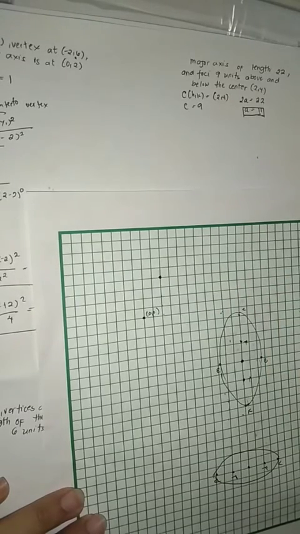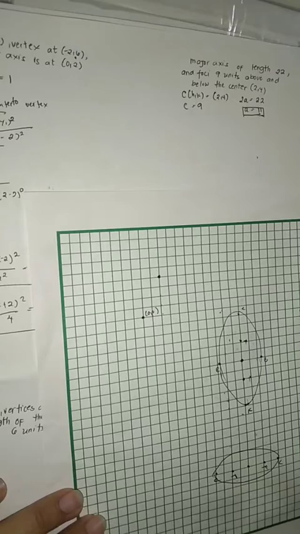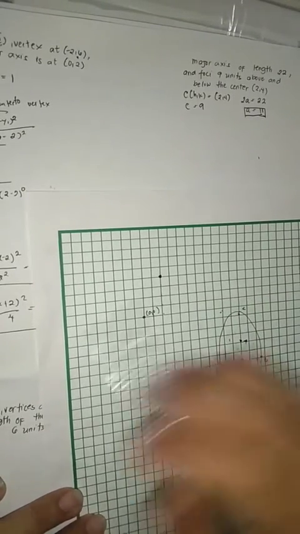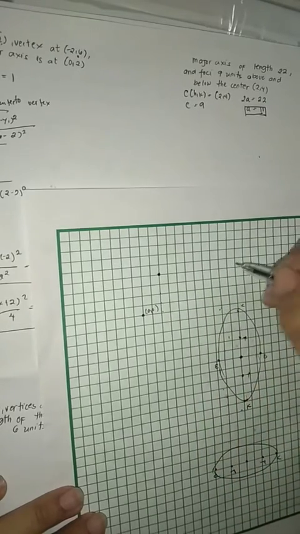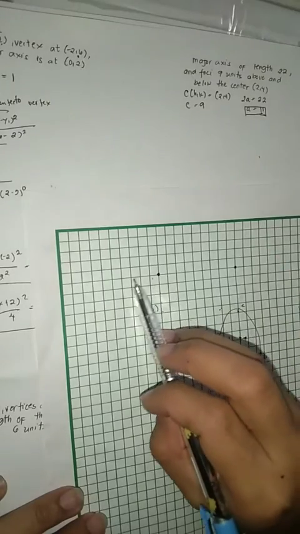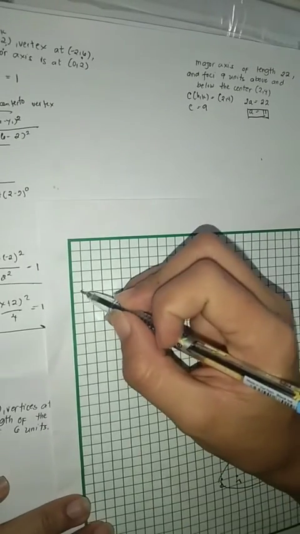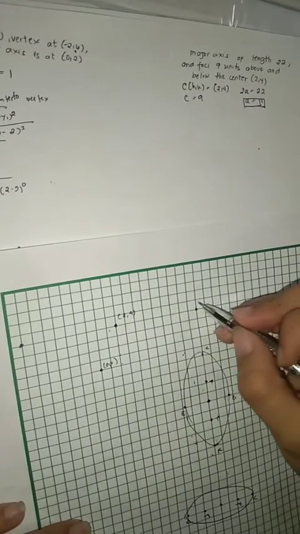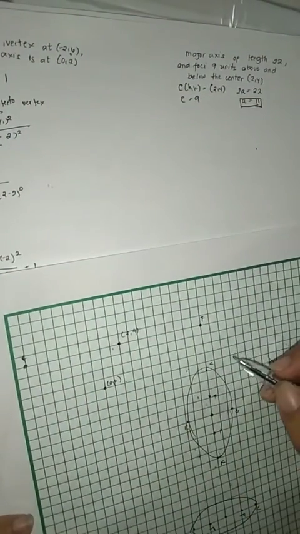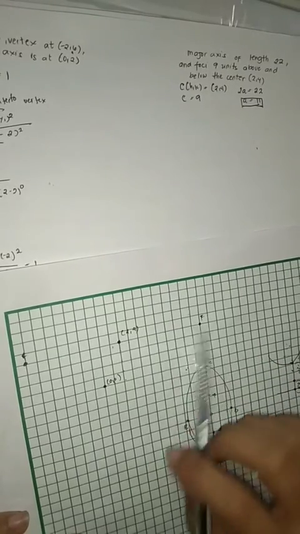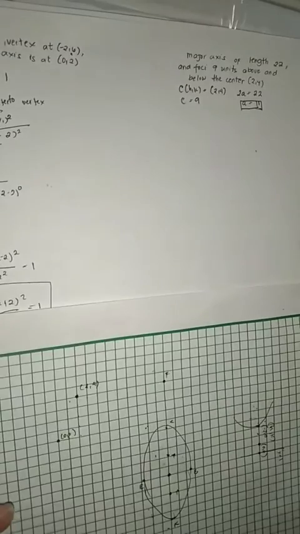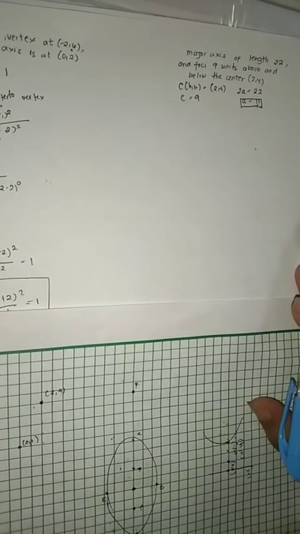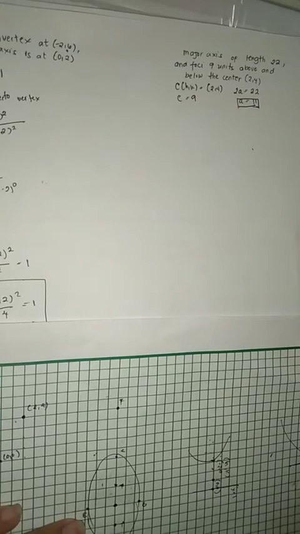Okay, our foci is 9 units above and below the center. That means it's in the left and in the right. Let's count 1, 2, 3, 4, 5, 6, 7, 8, 9. Another one, 1, 2, 3, 4, 5, 6, 7, 8, 9. So we have our focus here and another focus here. That is 9 units above and below the center. But I won't be going that far because all I need is the center, the A and B, to have